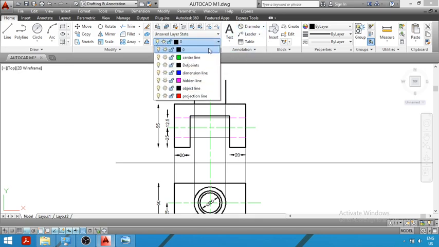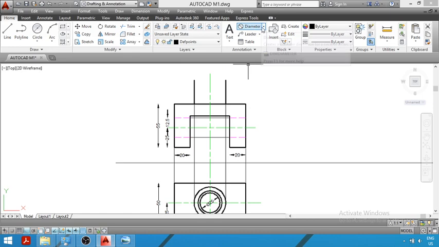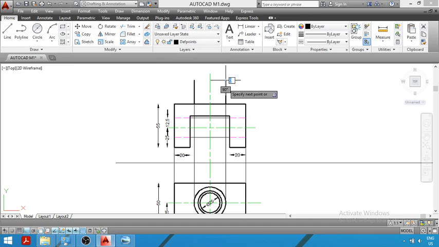I will give a dimension again. You can see the height of this line is equal to what? 30 mm. The height of this line will be equal to 30 mm, since the height of the cylinder was given as 30 mm. And then after drawing two vertical lines of height 30 mm, finally we will join these two endpoints. So this gives the front view of the vertical cylinder.